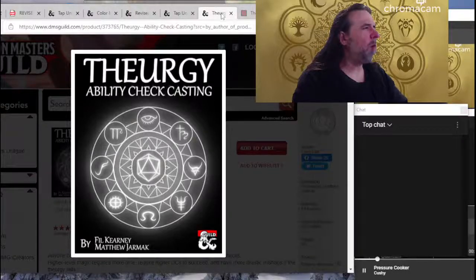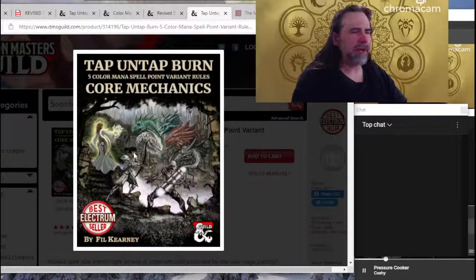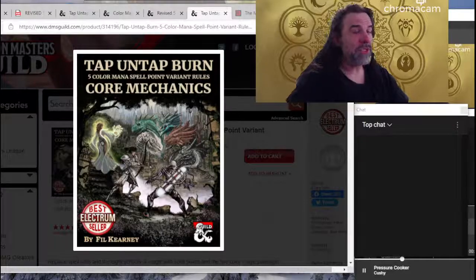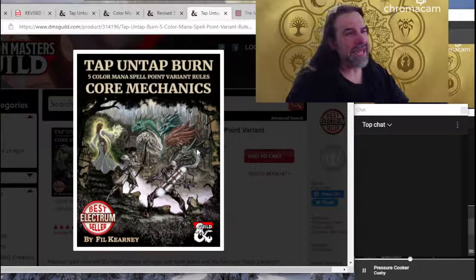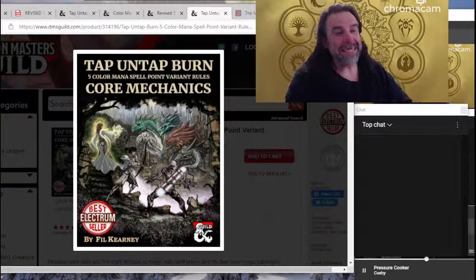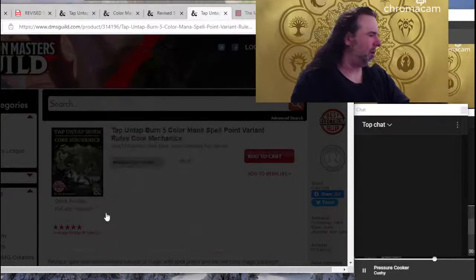So what we're doing here is changing the conversation about what a magic paradigm is. Since Wizards of the Coast controls both Dungeons and Dragons and Magic the Gathering, we're seeing them taking efforts at integrating those two intellectual properties into each other. And so far, it's been primarily narrative driven. Basically taking the perspective of Dungeons and Dragons as it stands and looking at Magic the Gathering from a D&D lens. And what the Tap on Tap Burn series here on DMsGuild is, and you are welcome to look at the full preview.